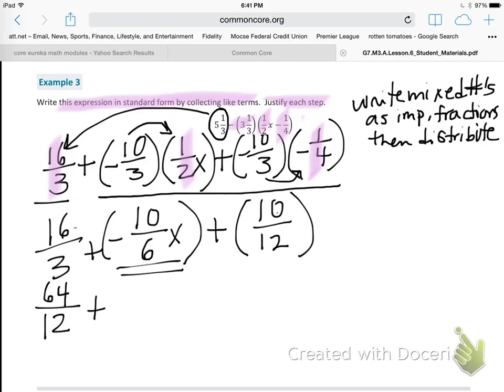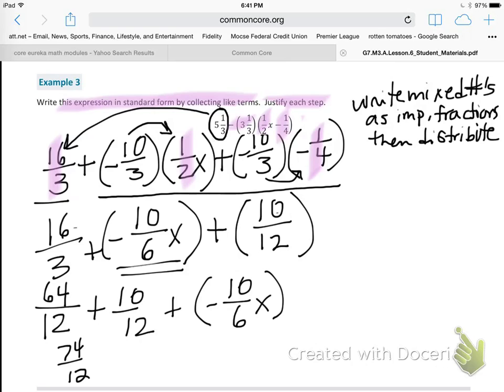64/12 plus 10/12 plus negative 10/6 x. Okay, then we would go ahead and add those together, and then we have 74/12 plus negative 10/6 x. All right, and now of course we can simplify all of this, and let's go ahead